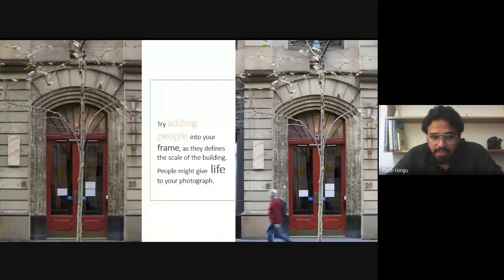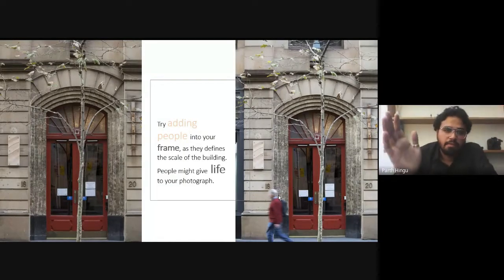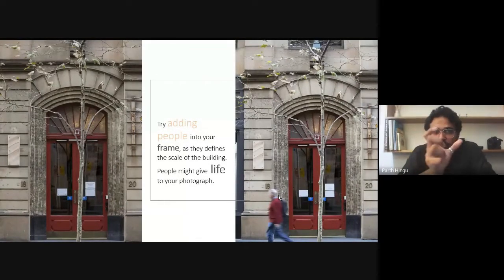If the people are distracting you, just decrease the shutter speed, and this will give you a dramatic effect of a human. The humans are in motion, and if the shutter is slow, it will blur your image. The human will be smudged, and the actual photograph will stay there. So we can't see the actual human figure, but we can guess that this is a human.